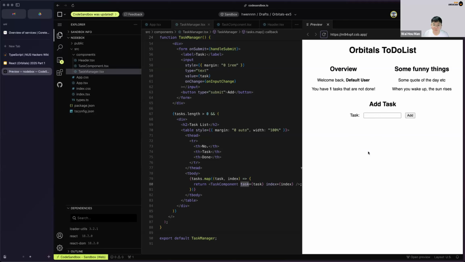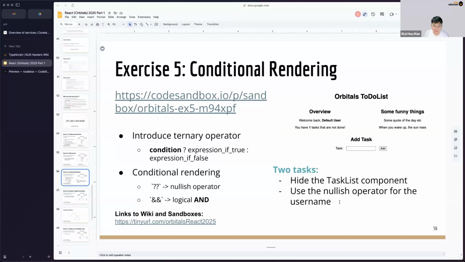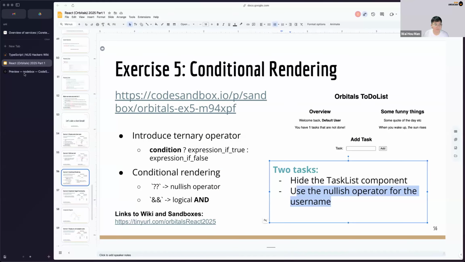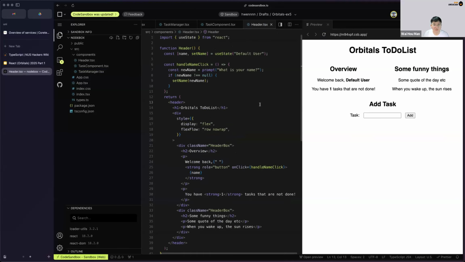By default, it shouldn't show anything because there's no task. And also, you'll be using the nullish operator for the username. So let's go to the header component. You can see that right now the initial state is, actually if you are using a primitive,